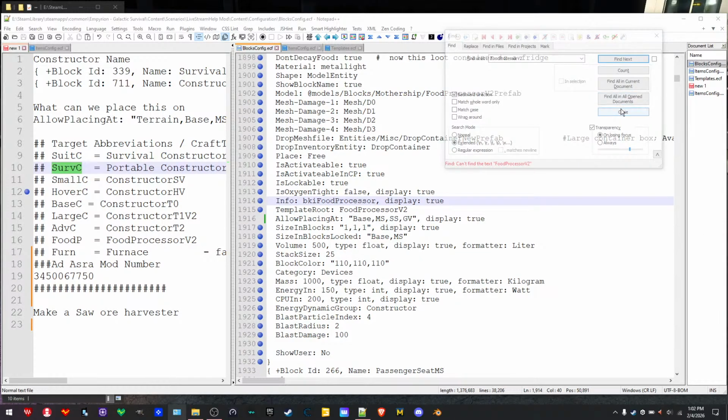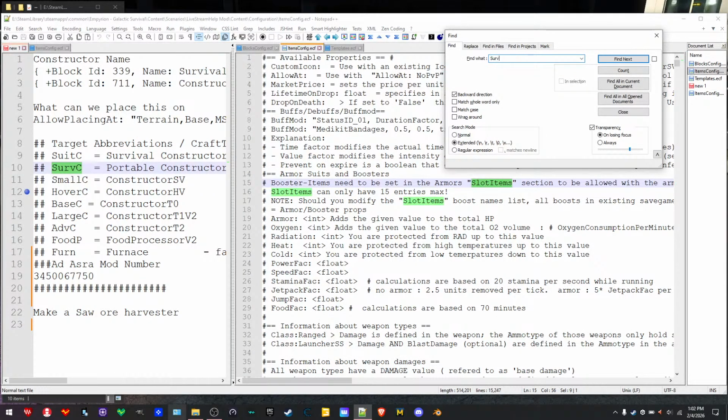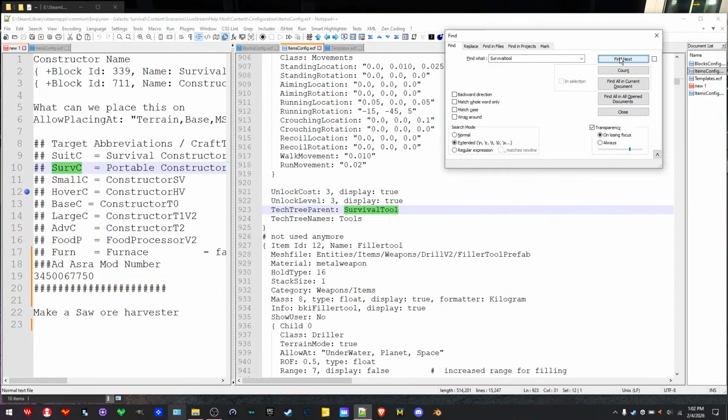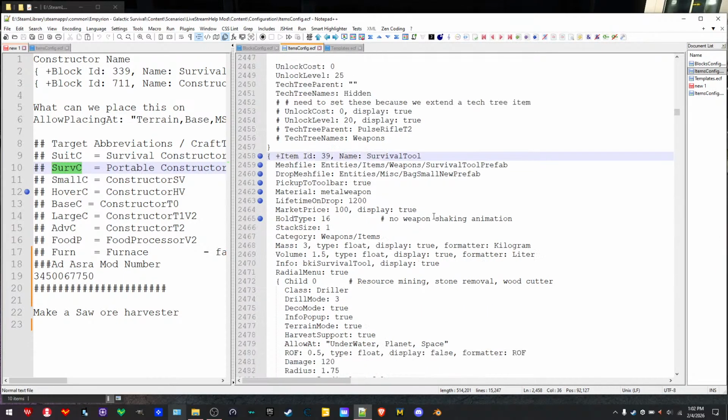All right, now let's go ahead and Control F. We know we're going after survival tool. Stop going backwards, Chief. There we go. All right, survival tool right here. But you know what? Before I do that,